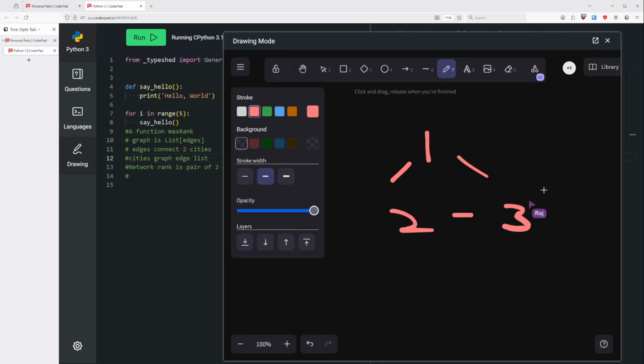Oh, I see now. This is a graph. Does this graph make sense? Yeah, this graph makes sense. All right. The network rank